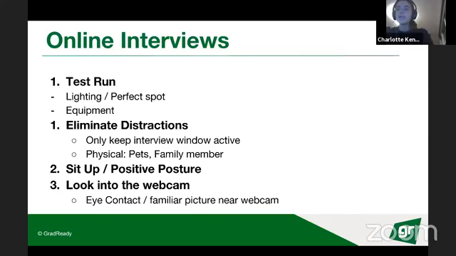The other thing is to make sure that you sit up. You can choose how much of your body you want in the camera shot. Maybe having it at an angle where you can see your hands might be good, so then you can do hand gestures without waving your hand too close to the camera.